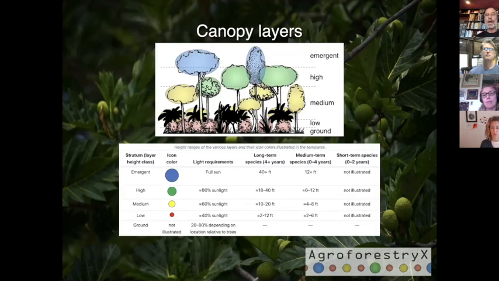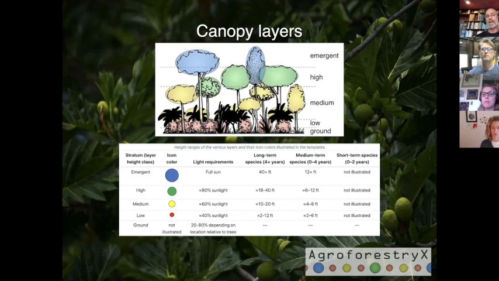And in order to help visualize this, we use a color-coded system for the different canopy layers. In this diagram, you can see from the top down, the blue is the emergent species, those widely spaced species that stick out of the forest. Then we have the high layer, which is in green.